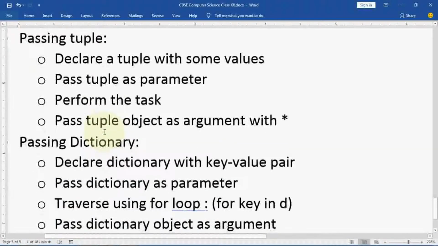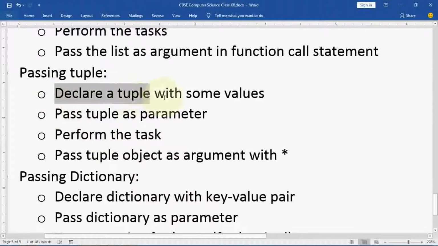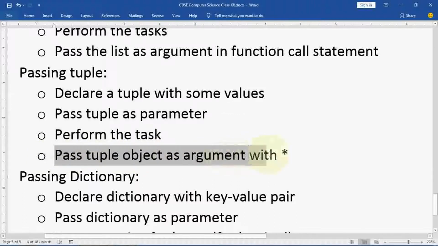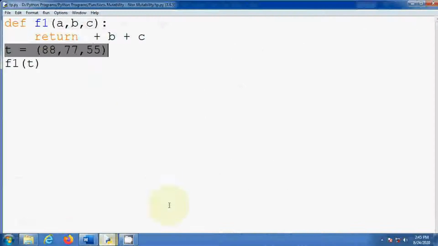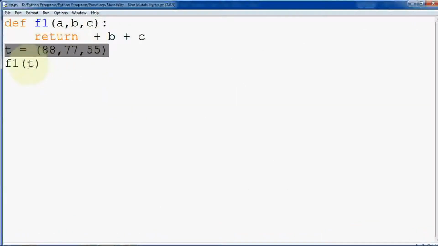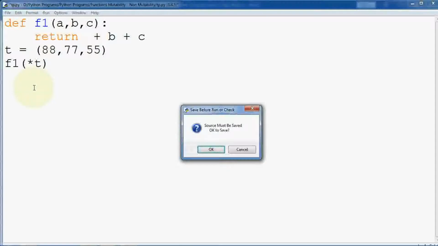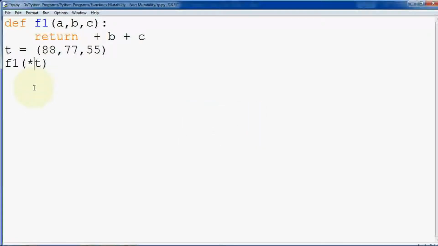How? Let me see. Declare a tuple with some values, pass the tuple as parameter, perform the task, and pass the tuple object as an argument with a star. So if you want to use that, you have to simply call it like this. Then let me print, so the values will be displayed.